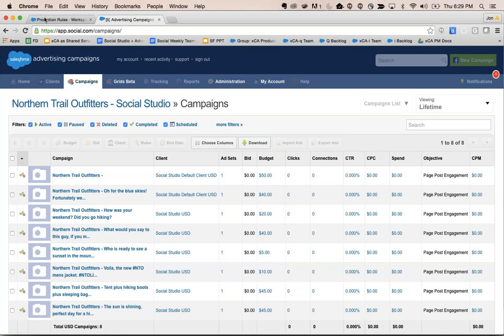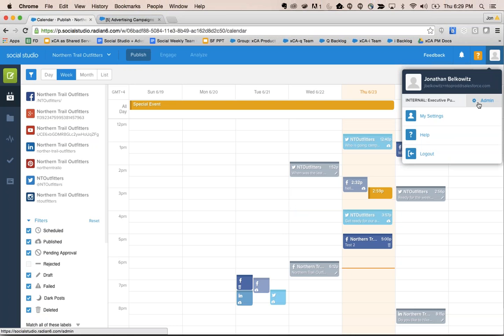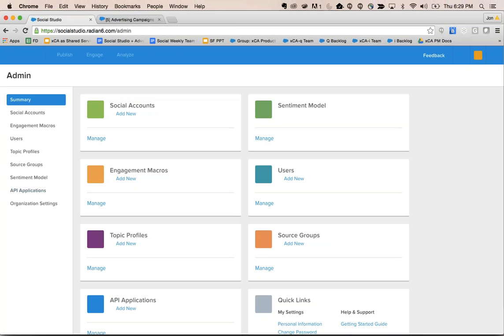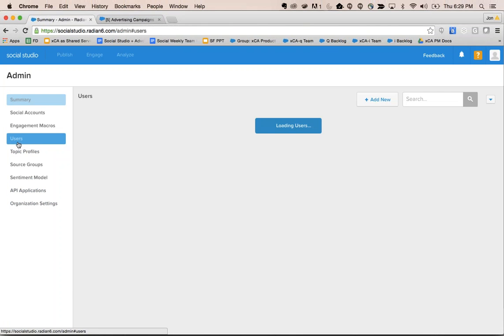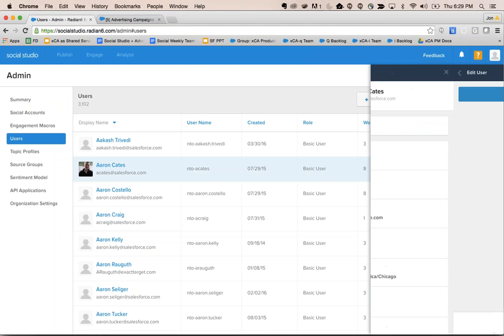And I guess the last thing I'll show is how you actually enable functionality for yourself. So it involves a trip back to the admin, and you can come in, you can go look at the users, you can pick any user you would like, go in, we edit them,